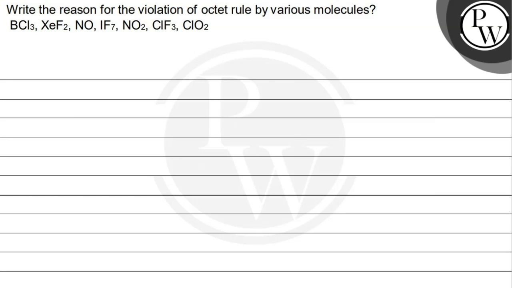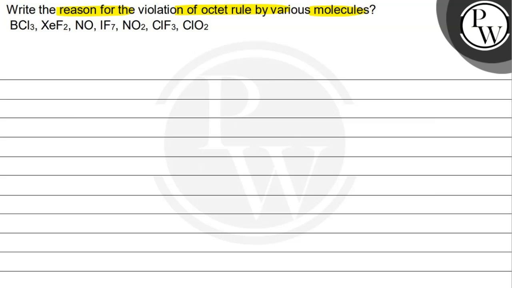Hello, बच्चों. Let's read the question. The question says, write the reason for the violation of octet rule by various molecules: BCl3, HCF2, NOIF7, NO2, ClF3, ClO2. So, उन्होंने